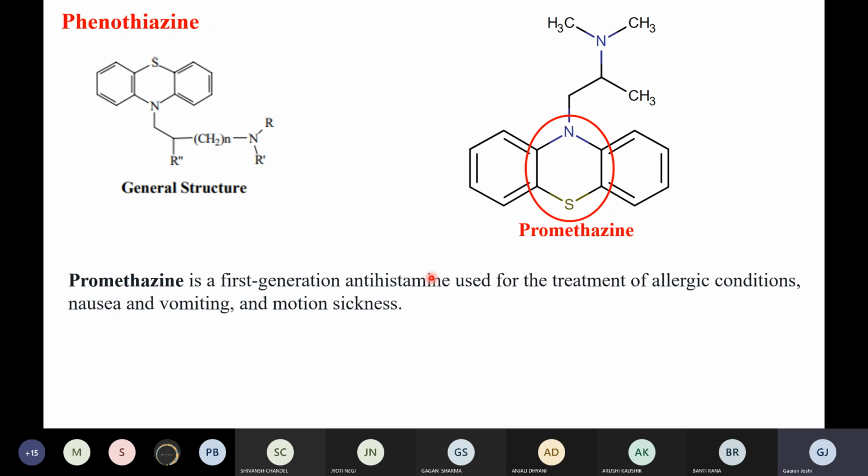As we are making the molecule more rigid, it is becoming more non-polar, right? And if it is becoming more non-polar or lipophilic, it will be easily crossing the blood-brain barrier. So this is one of the important things.